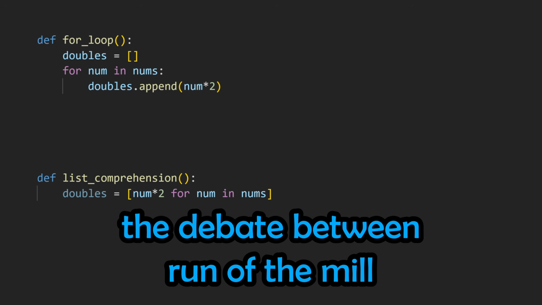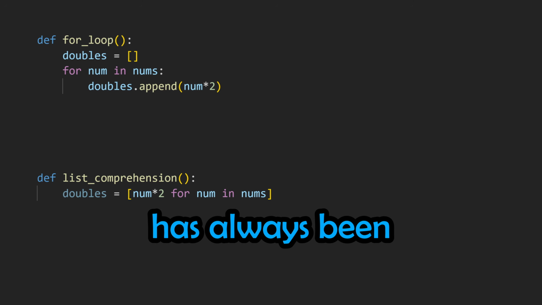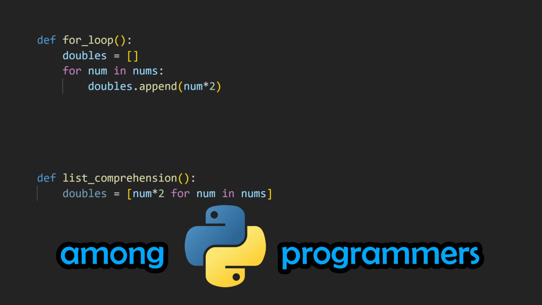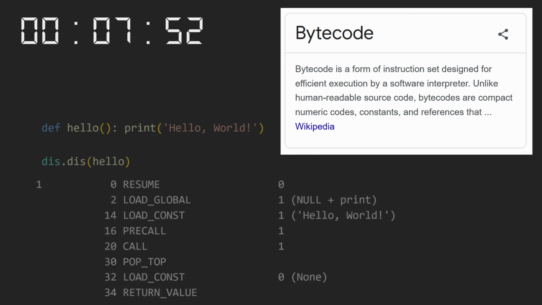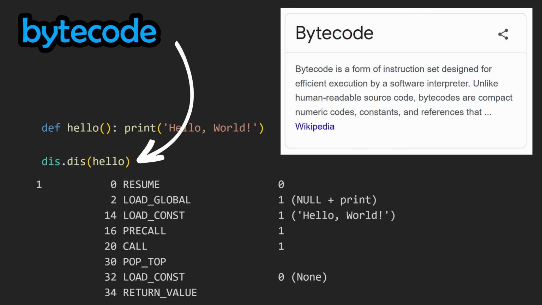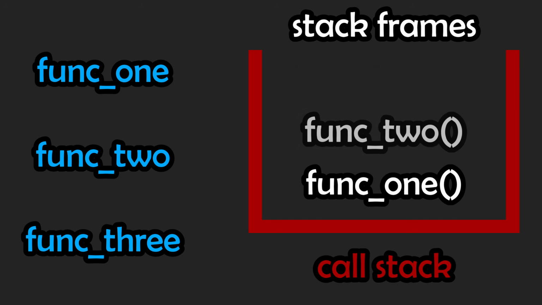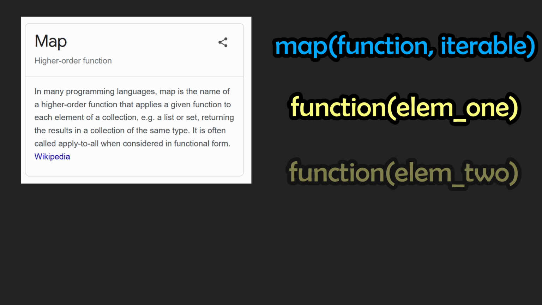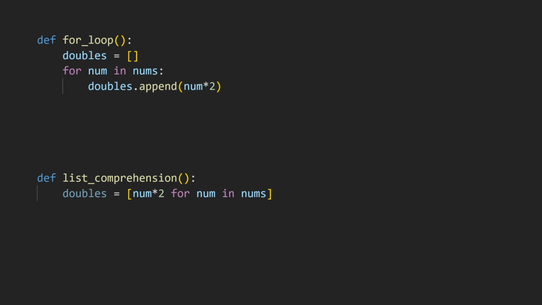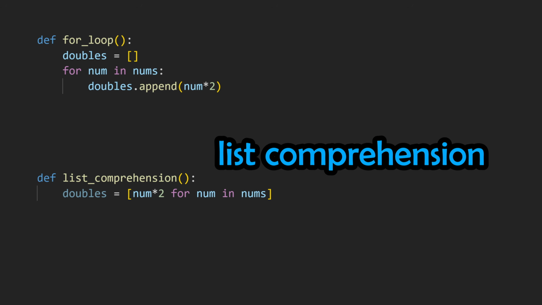The debate between run-of-the-mill for loops and list comprehensions has always been a popular topic among Python programmers. Over the next 4 minutes, we're going to disassemble and dive into the bytecodes of each approach, explore the inner mechanics of the call stack, and introduce alternative ways to construct lists that pack even further performance gains. Let's get started. Here we have a traditional for loop, as well as a list comprehension that serve the exact